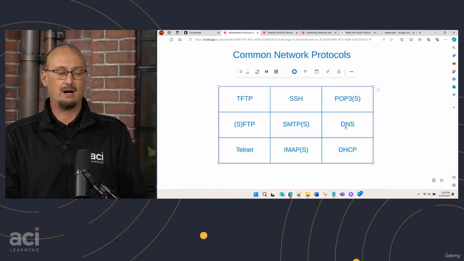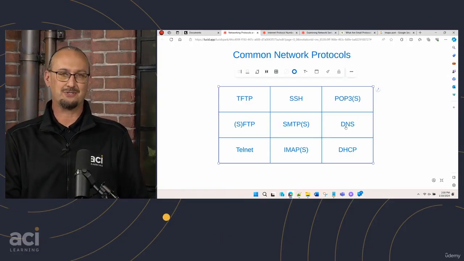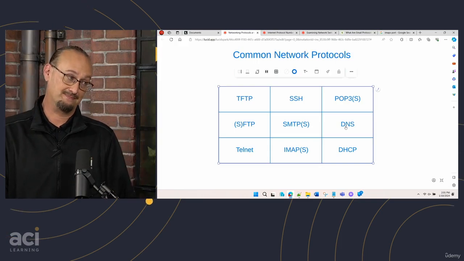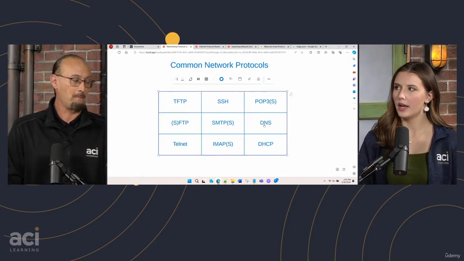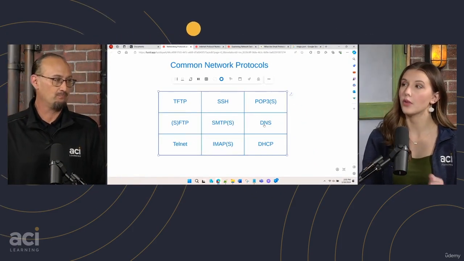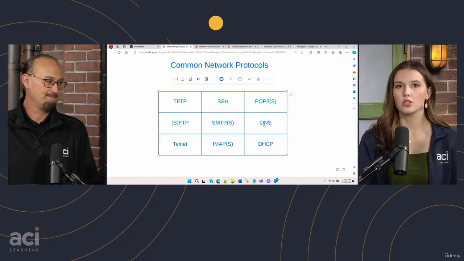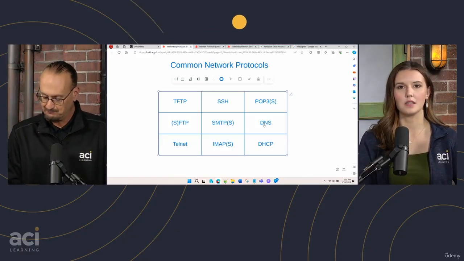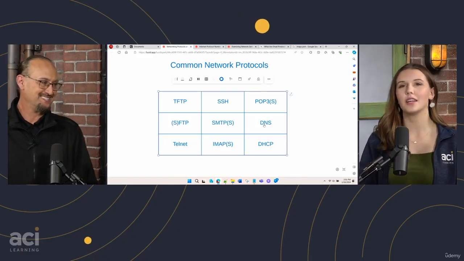All right, Sophia, this one's a little tricky because this one has 2 ports. That's what I thought, because you talked about FTP and how that has 2 different ports, but they're for different things, right? Right, absolutely. So I know it's somewhere in the 60s. I don't know the exact number, and I couldn't tell you what each of the ports does.